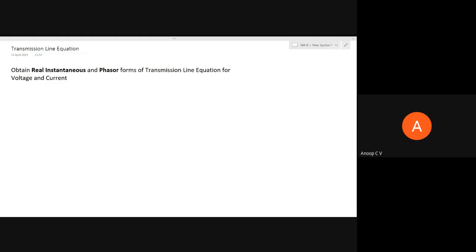In yesterday's session, we have seen why we need to go for the distributed circuit theory approach while solving transmission line problems or microwave circuits. We have seen what the transit time effect is. We even tried to visualize the notions of frequency, time period, wave, and how a wave propagates. We have seen the analogy between time period and wavelength, and the phase constant beta, which is analogous to our radial velocity omega.